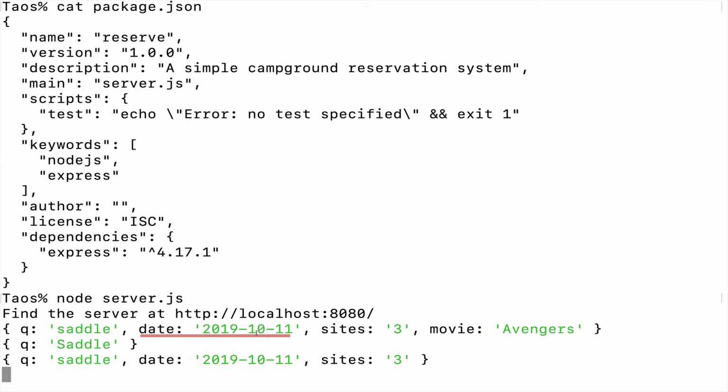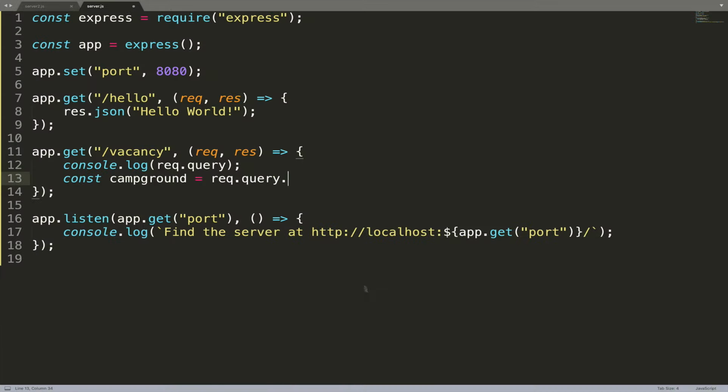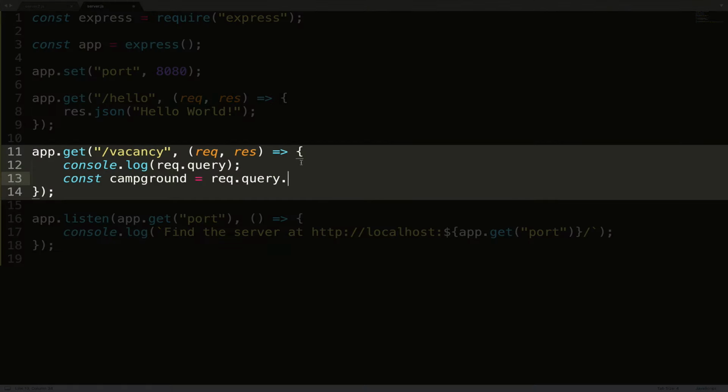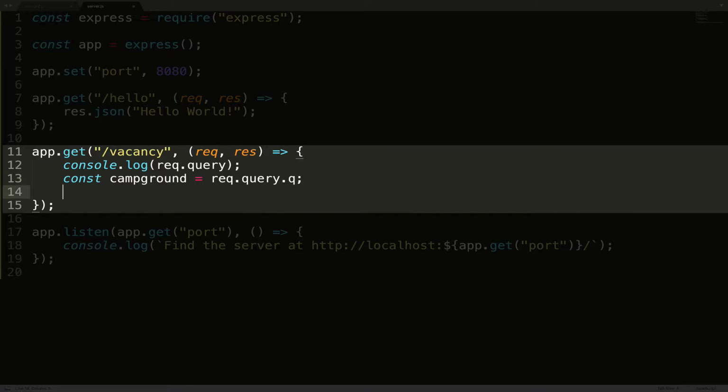If it's .date, we'd get this date. .sites, we'd get the sites. So the syntax is rec.query dot whatever key we're interested in. In this case, it was Q. And now we want to do that simple, trivial thing: if it's saddle, we'll say there are 5 sites available, else we'll say there's 0. So if